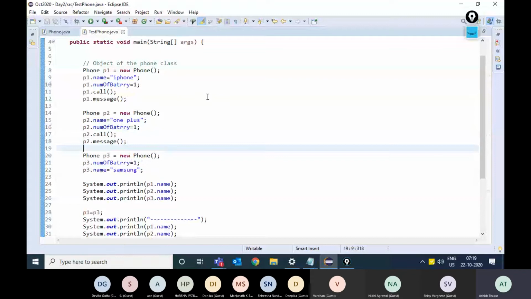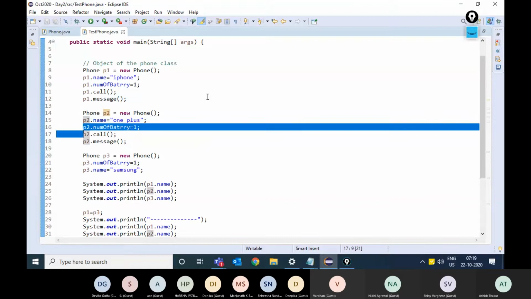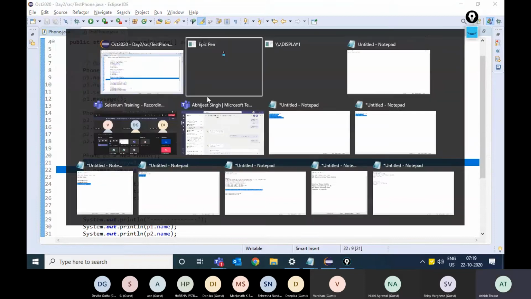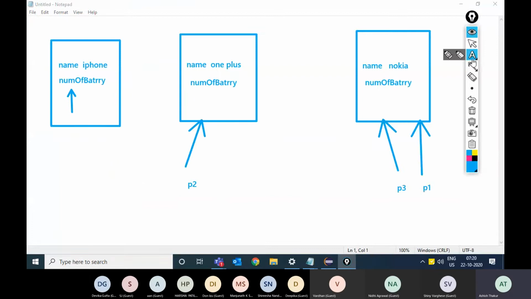I will write P3 as number of batteries as 1, P2 has number of batteries as 1, P1 has number of batteries as 1. So it really doesn't make any sense to keep this variable in every object with the same value as 1. Okay, name can be different for every object, but the number of batteries are 1 for all the objects.